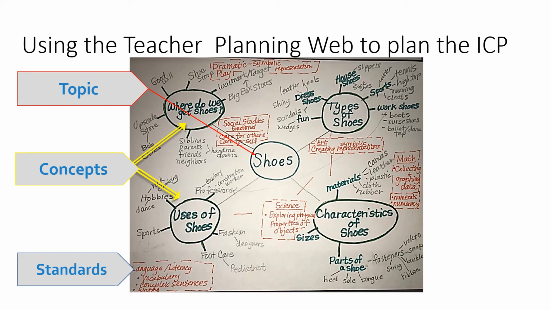This is an example of a teacher planning web. It's actually my draft for a shoe project. Throughout the duration of this course, I use shoes as the example when we talk about project work, primarily because Judy Harris Helms has that example in her Burgundy book, The Becoming Young Thinkers text. So when we look at the refined planning chapter, you're going to be seeing how to walk step-by-step through this creation of a teacher planning web or an anticipatory planning web.